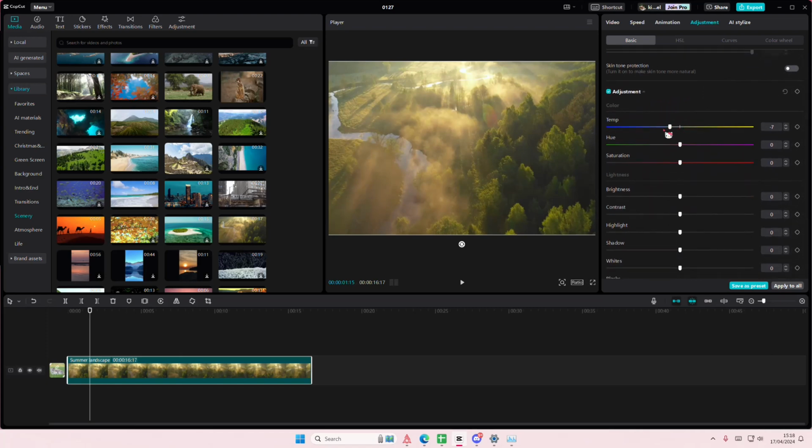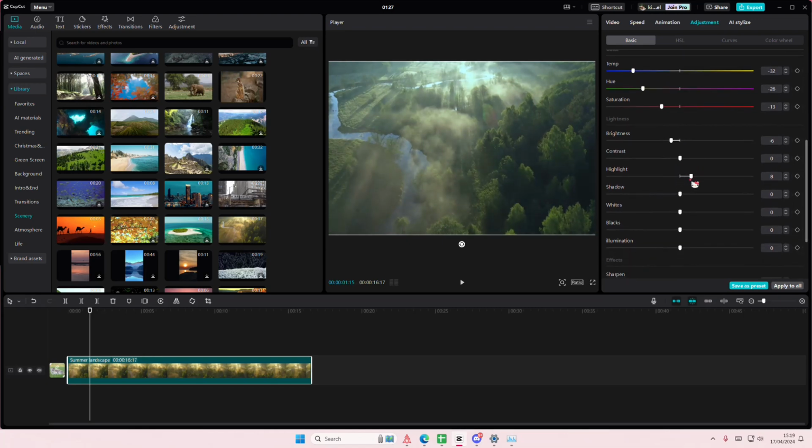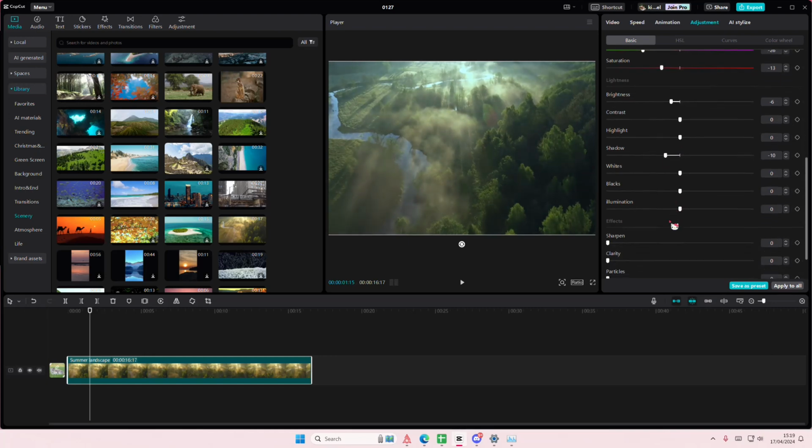Here on temps, I'm just going to slide it to the left to give it a little bit of a cooler vibe, and I'm going to put the hue to the left as well. Also going to turn down the saturation a bit, and I'm going to turn down the brightness. I'm also going to add a little bit of shadows as well, and I'm going to add in some sharpen and